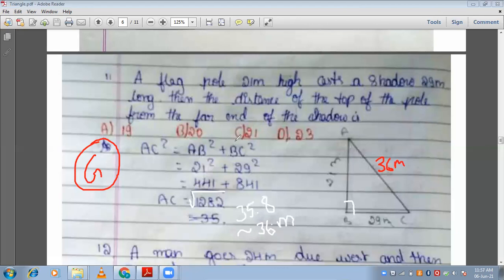Don't leave it blank in the OMR sheet. Tick any one option, A, or else B, or else C, or else D. You will get grace marks. If you did not mark any option, then definitely your marks will be deducted. If you mark any option, you will get 1 mark. If you leave it blank, you will lose 1 mark. Okay, did you understand? For that purpose, I took this example.